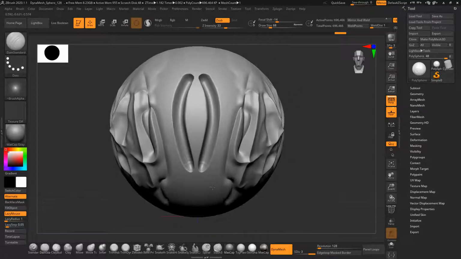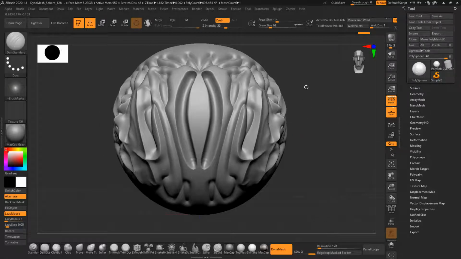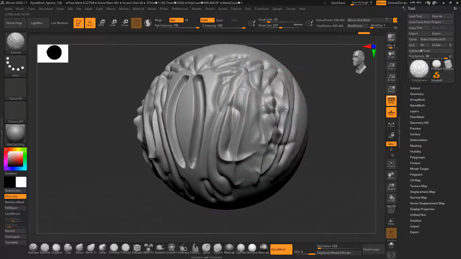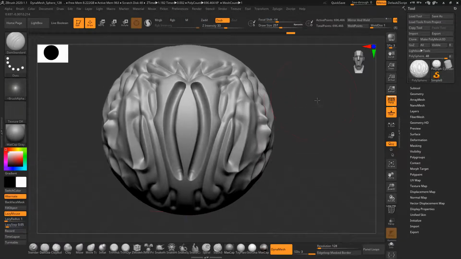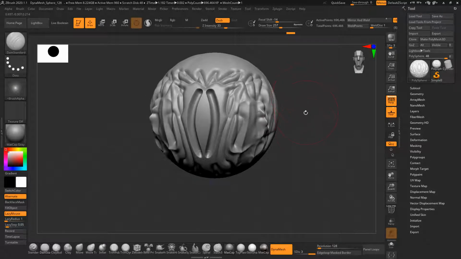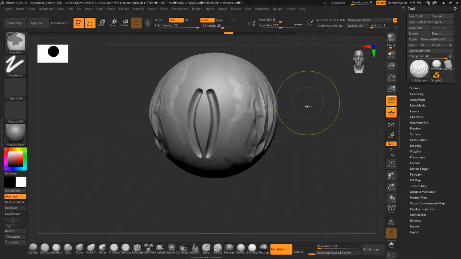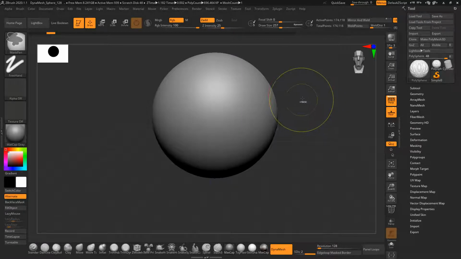Right? So you can just do anything and go crazy on that. Now, if you want to smooth it, like this sphere now looks very rough and doesn't look good. So what if I want to go back in the timeline? So one way, I can press Ctrl and Z repeatedly. Another way is to check here.